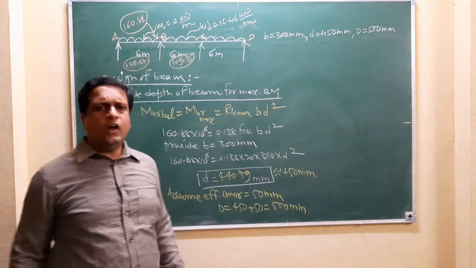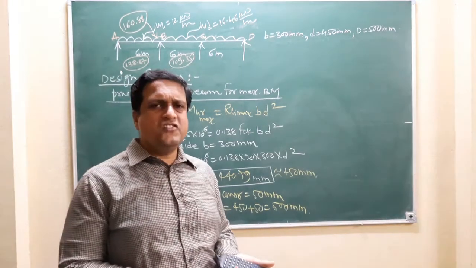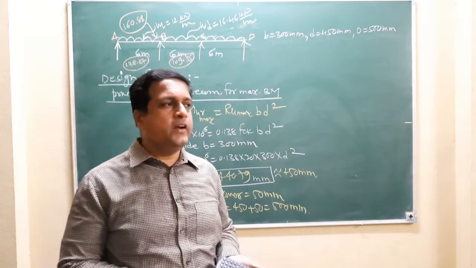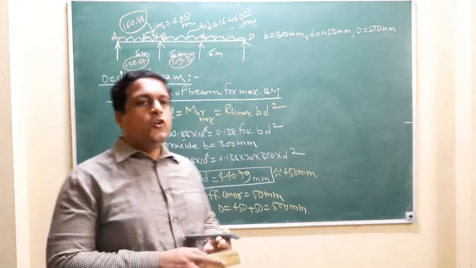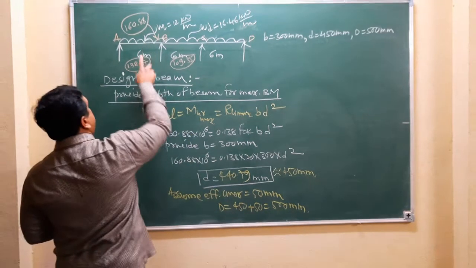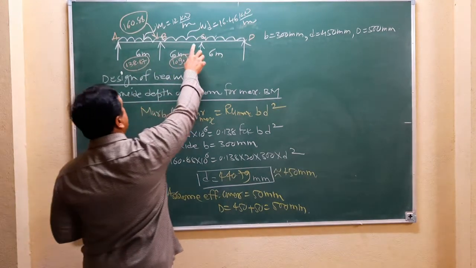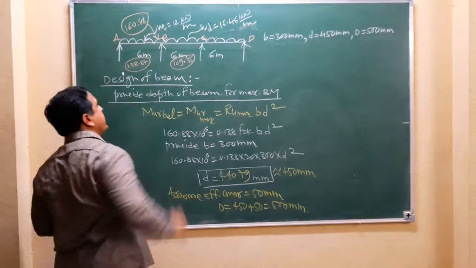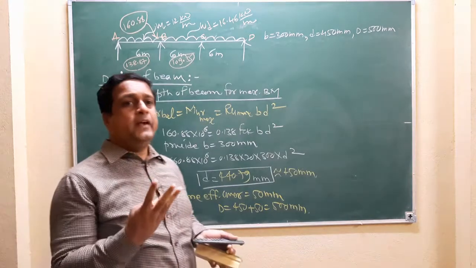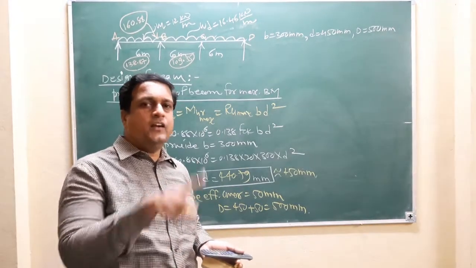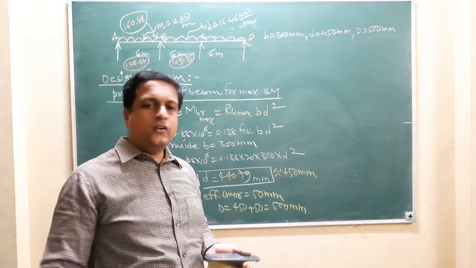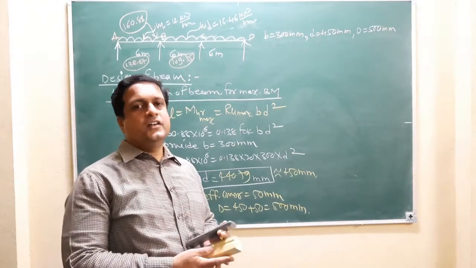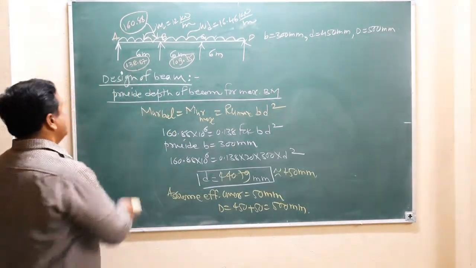Now what to do? Now you have to provide the steel because the dimensions are decided, as well as we know the bending moment. You have to provide the steel at end span AB, for the intermediate span BC, and for the next to end support B. For these 3 bending moments, you have to provide the steel using that under root formula. This is the design of a beam.